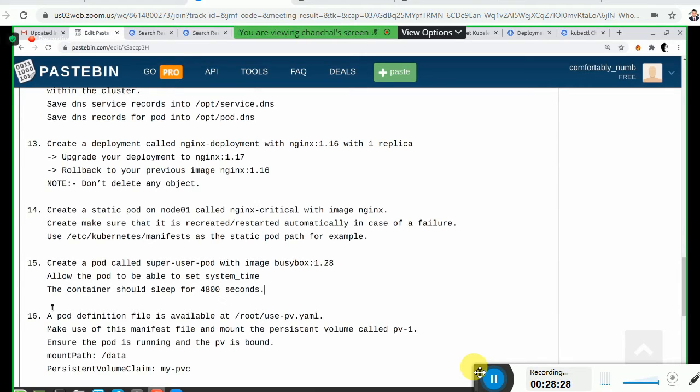You are expected to create a PVC and thereafter use that PVC in a pod. Make use of this manifest file and mount the persistent volume called PV1. Ensure that the pod is running and the PV is bound. The mount path is data and the persistent volume claim name is my PVC. Okay, this is the problem.